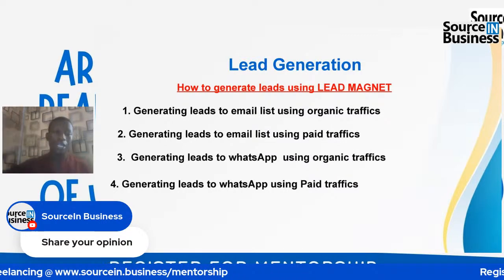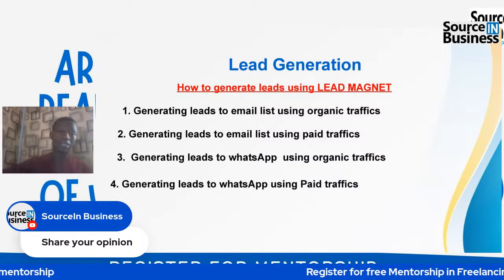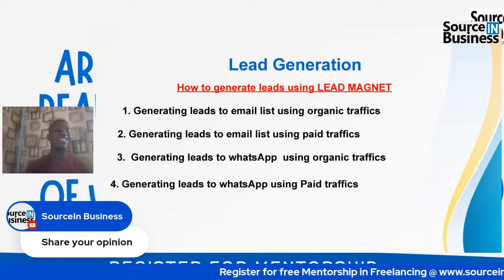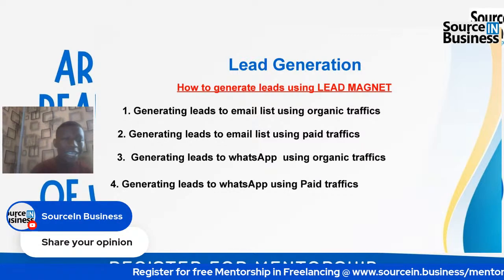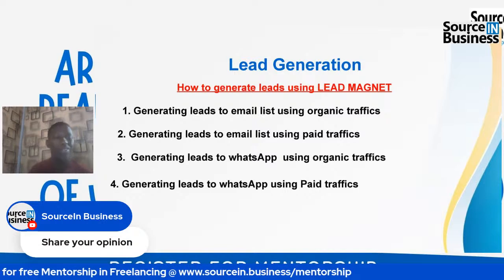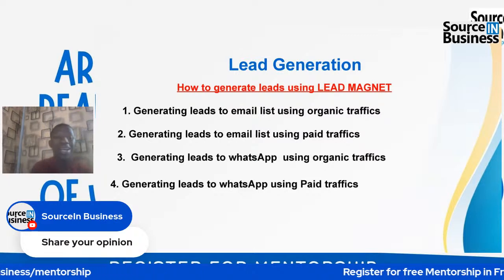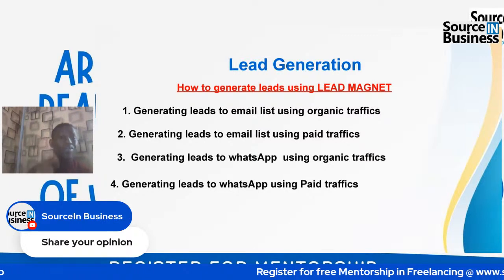So once you share it, once anybody clicks the link, wherever they are, even if they are on Mars, on Jupiter, or on other planets, once they click that link, they are coming to your WhatsApp directly. For those of you that do not know how to create a WhatsApp link, just go to my YouTube channel, Allow Johnson. I think I made like three different videos on how to create a WhatsApp link, so you will find a video there.